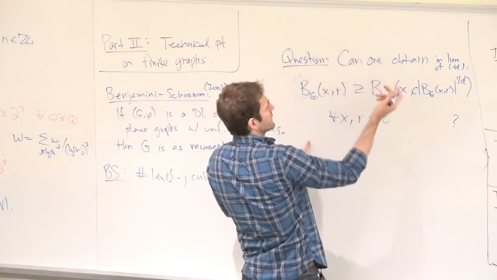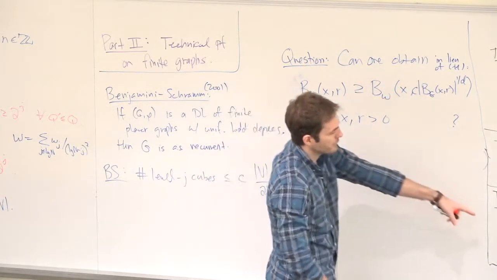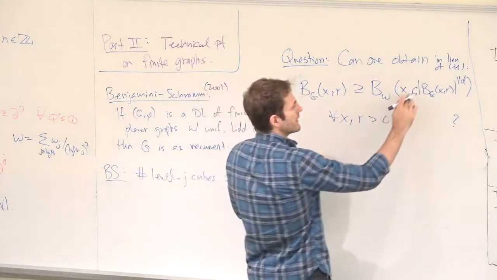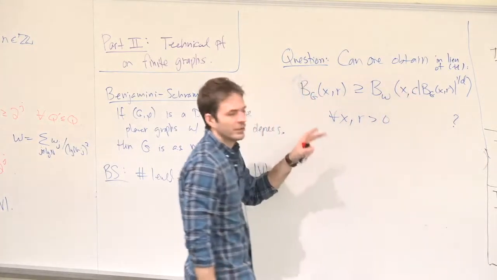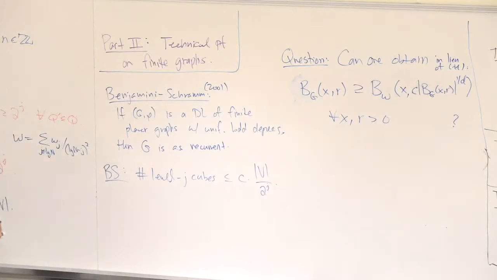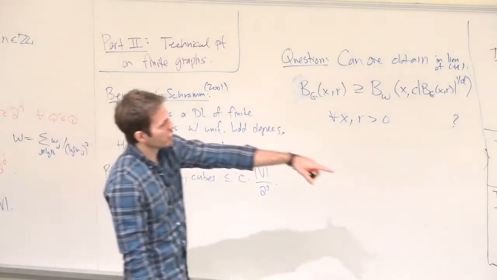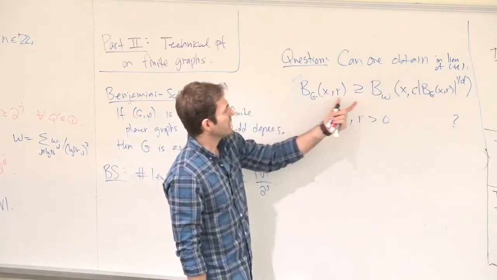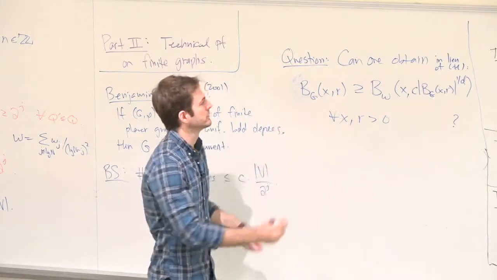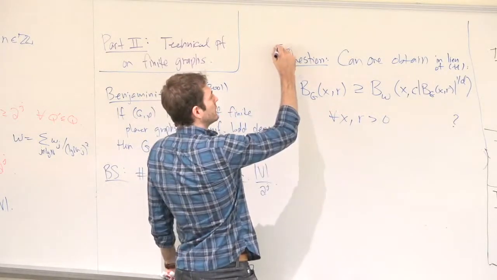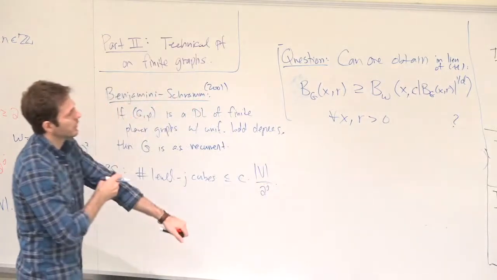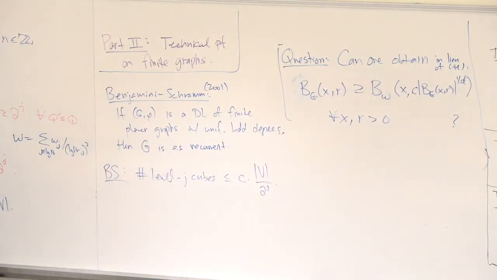You want this for all r. This is only for a fixed r. So it's stronger, meaning that if you don't care about, say, polylog r factors. But I'm just saying, instead of just controlling the size of the conformal balls, you actually control them by graph balls. So for instance, a positive resolution to this question would show that in UIPT the speed of